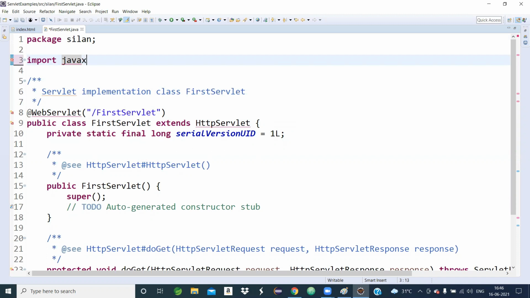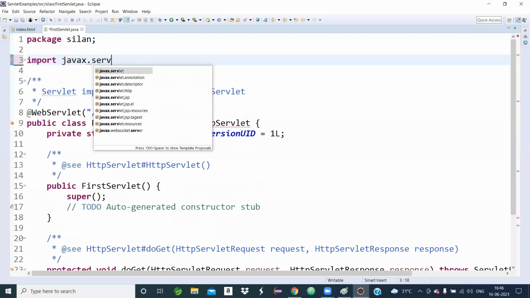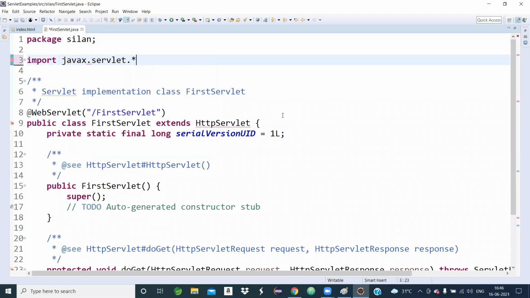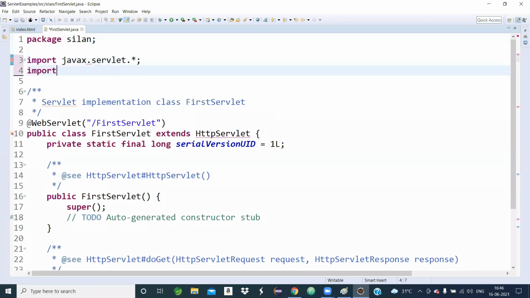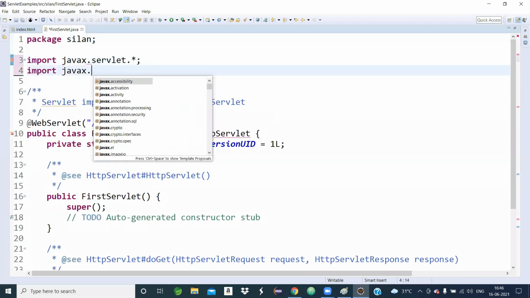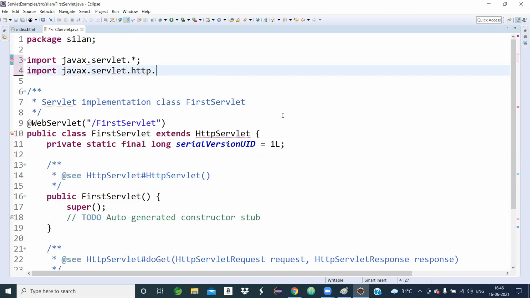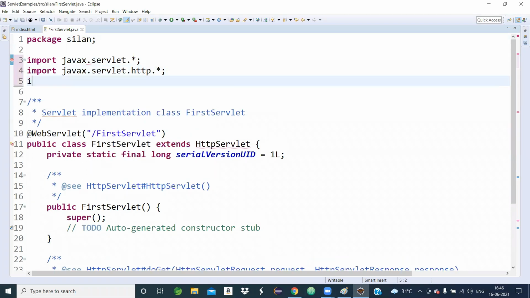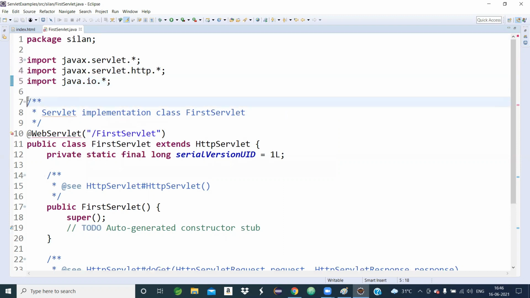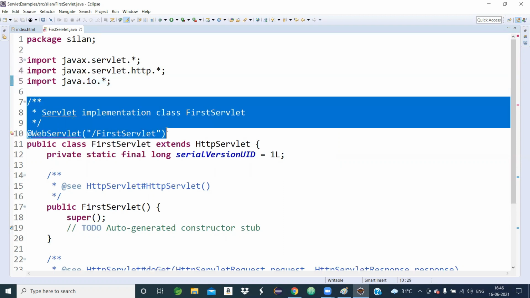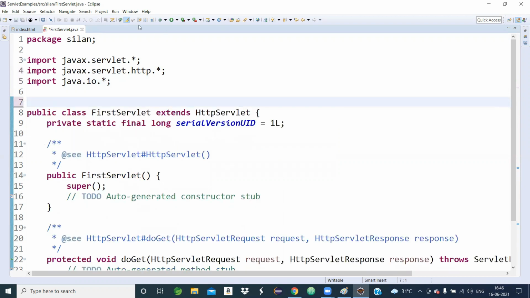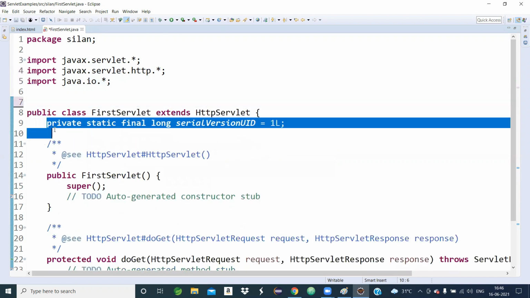Import javax.servlet.* package, import javax.servlet.http.* package, then import java.io.* package, Ctrl+S. Then delete all these things.